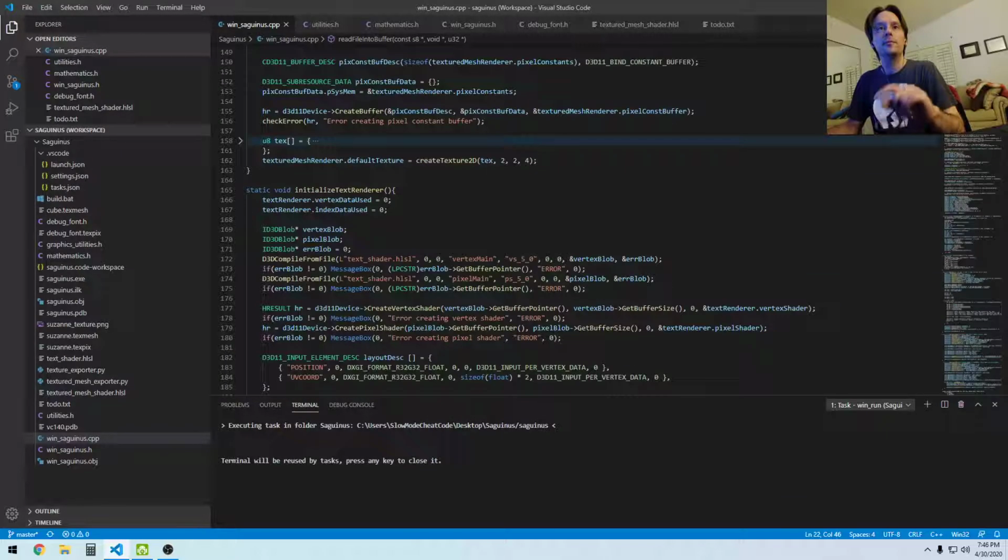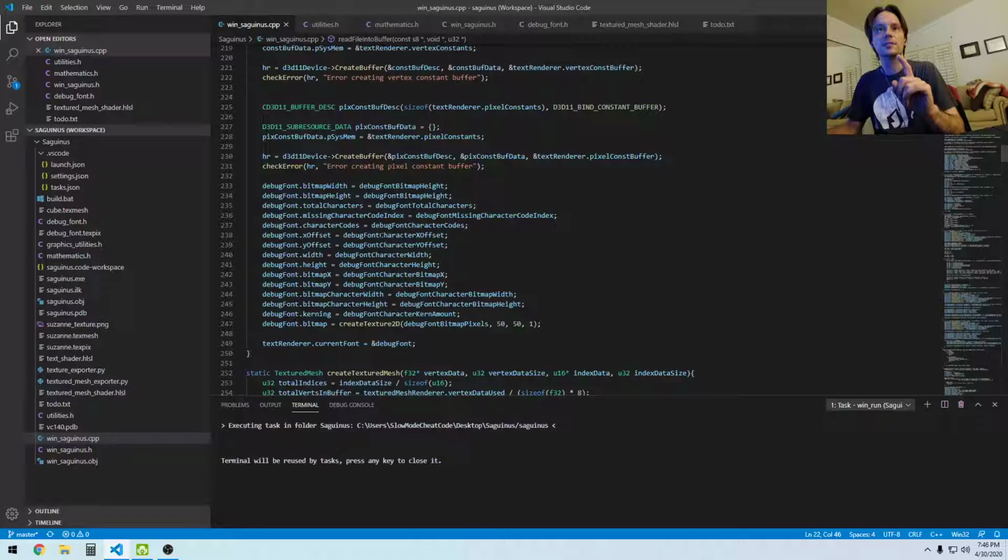So yeah, one thing I noticed I want to fix is right at the end of last stream, I noticed I have height here twice. I want to change this to be width. And then